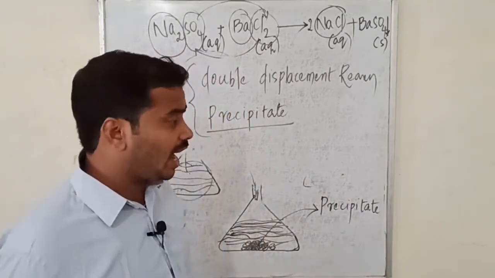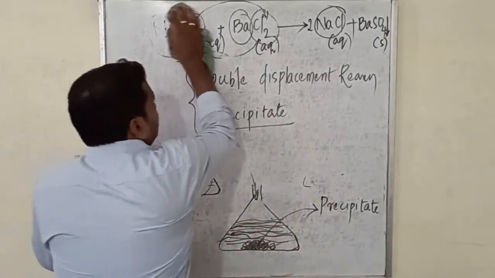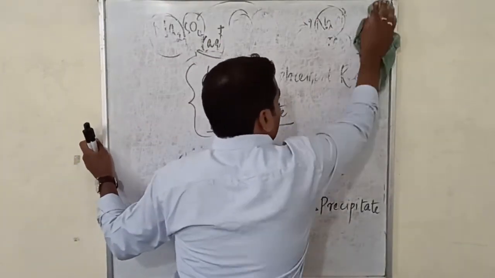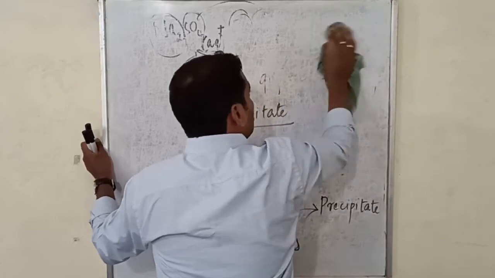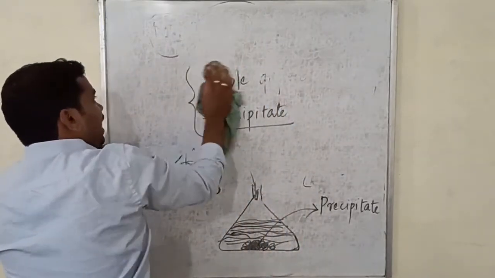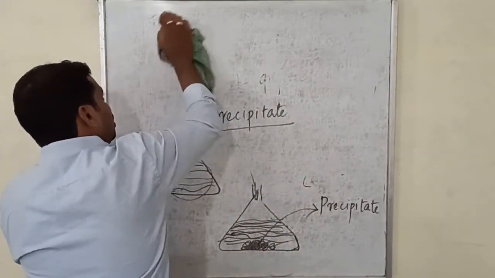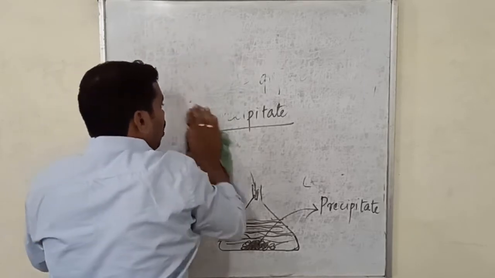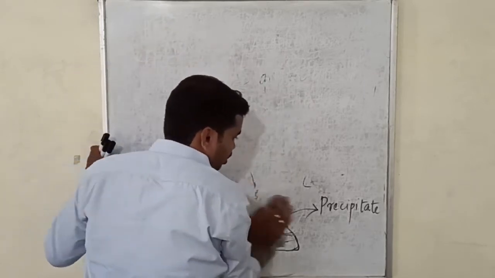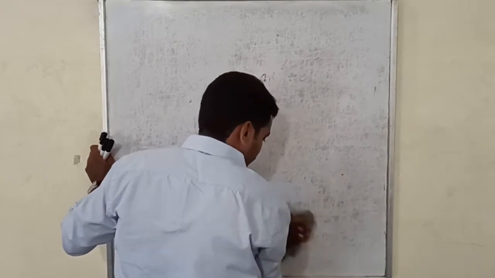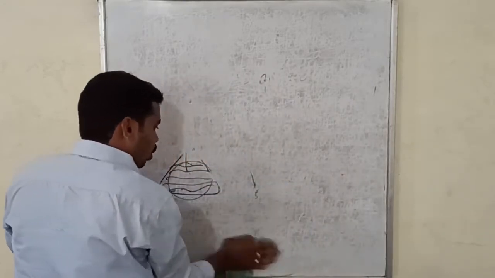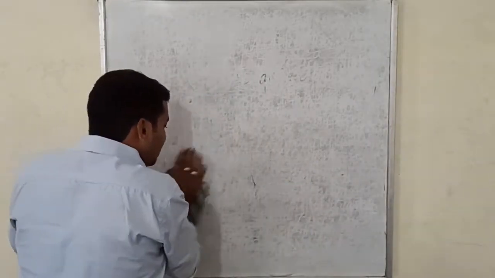It repeats again in your next chapter, that is acids, bases, salts. In acids, bases, salts also you are going to see this reaction. This reaction also gives some information. We shall see what exactly the information it tells us, what exactly we are going to learn from this activity 3.